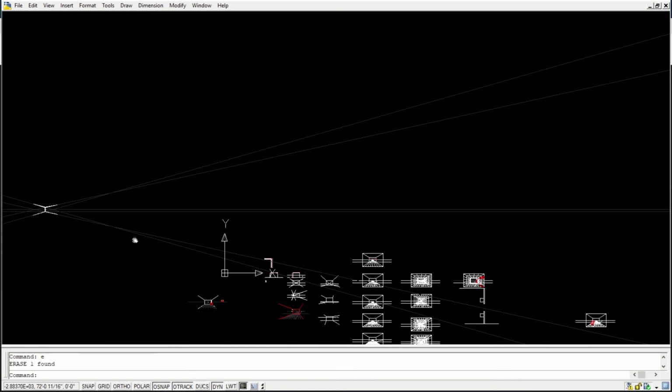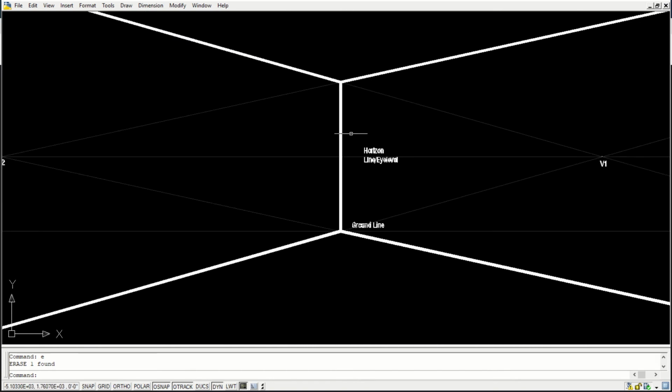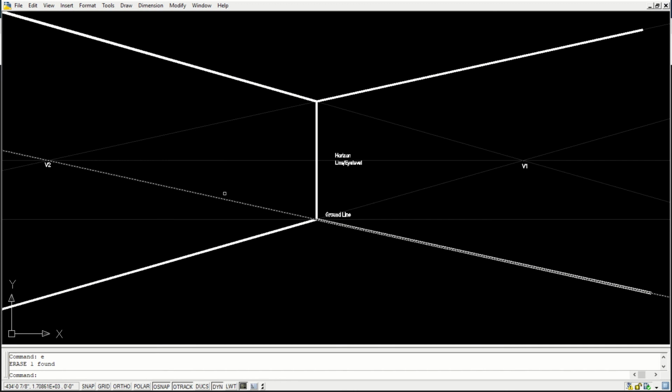Whereas in this case, you can see that the only object which is in contact with the picture plane is this vertical line, this corner of the line. You can already see that we have constructed using these vanishing lines. Vanishing lines are not the lines where we can measure.